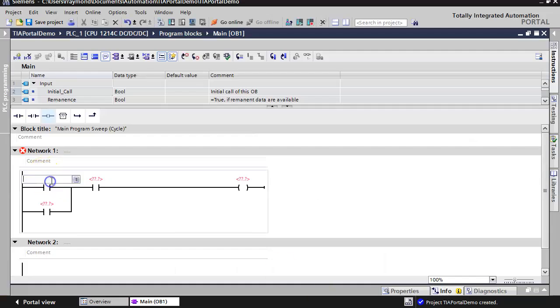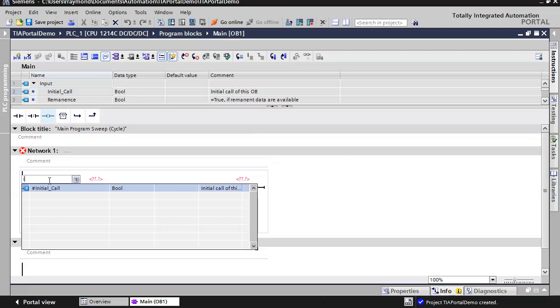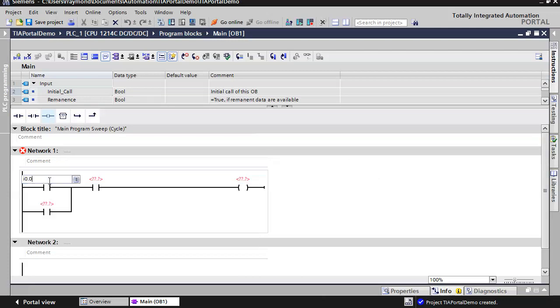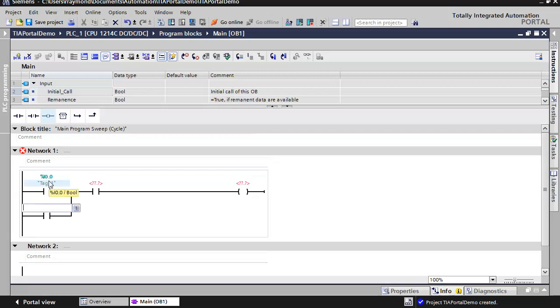So I'm going to go here. I'm going to say input 0.0 I. And then the first thing it's going to ask me for is a tag. So tags are kind of similar to symbols. Here, if you don't put a tag, it's going to put tag 1, tag 2, tag 3 in order. So it will put one in there, but